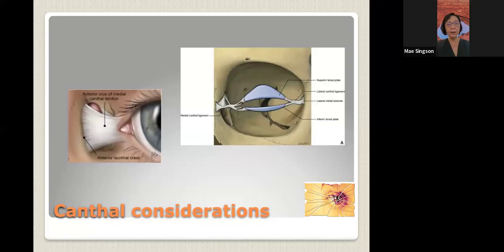Next slide, please. So this is an example of the complex of your canthus. The medial canthal tendon has two limbs, your anterior limb and your posterior limb. The anterior limb is inserted in front of the lacrimal sac, while the posterior limb is inserted behind the lacrimal sac, since these limbs are important in squeezing the sac in drainage. The lateral canthal tendon, however, is just inserted on the lateral aspect of the periosteum at the tubercle. Next, please.